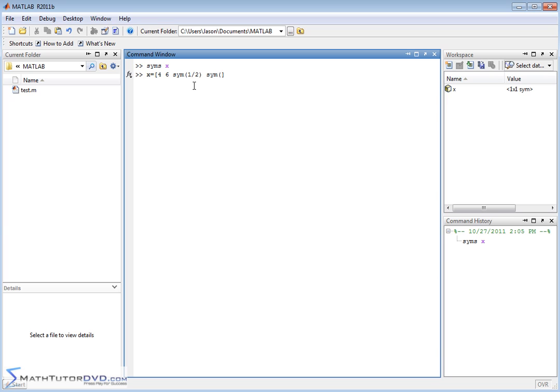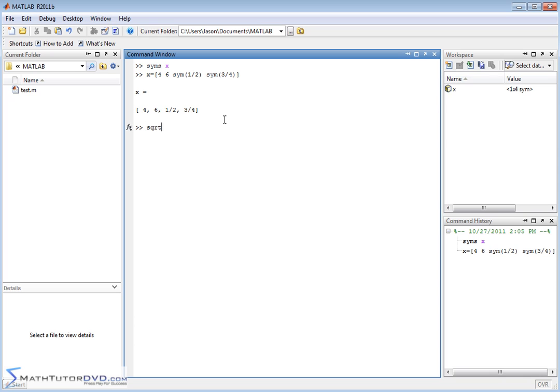So I can do 3/4, something like this. Now I can hit enter, and notice my vector has 4, 6, 1/2 as an entity, and 3/4 as an entity. And notice over here in the workspace it says I have a 1 by 4 sym. That means 1 row, 4 columns there. So now this is a symbol. It's not just filled with decimals. These two at the end, they're symbols. So if I do things like,